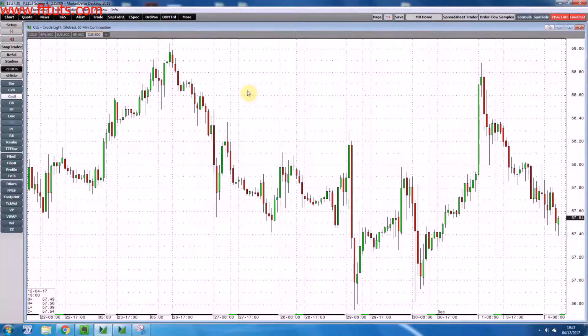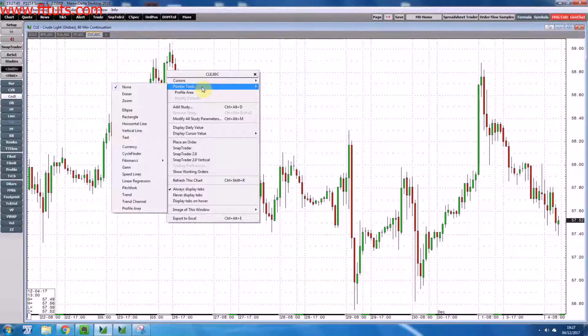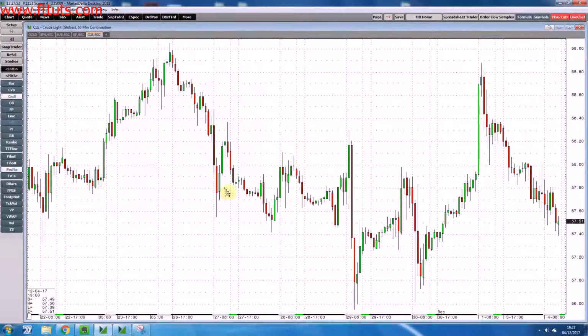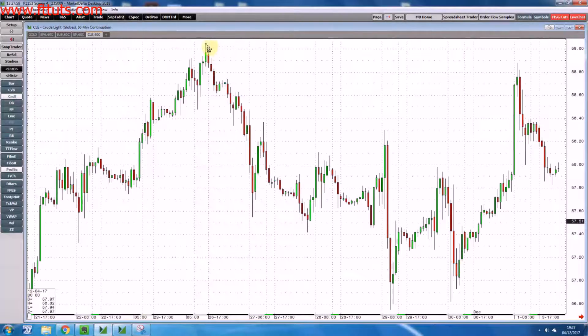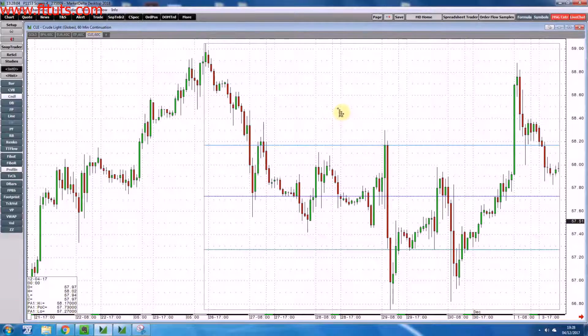Now, just some of the more nuanced features with regards to the candlesticks. If you want to change how it looks or ultimately add studies, you can simply right-click anywhere on the chart, add a study. Now obviously we've got our usual cursors and our pointer tools, being our Fibonacci's and trend lines and pitchforks and all these sorts of wonderful things. For me, again, remember, keep it simple. The only thing I would like is this fantastic tool, which is what we call a profile tool. Now, a profile tool is simply where you can overlay the market profile within the current market context. Again, a lot of the traders do use this, and I will show you this again later on